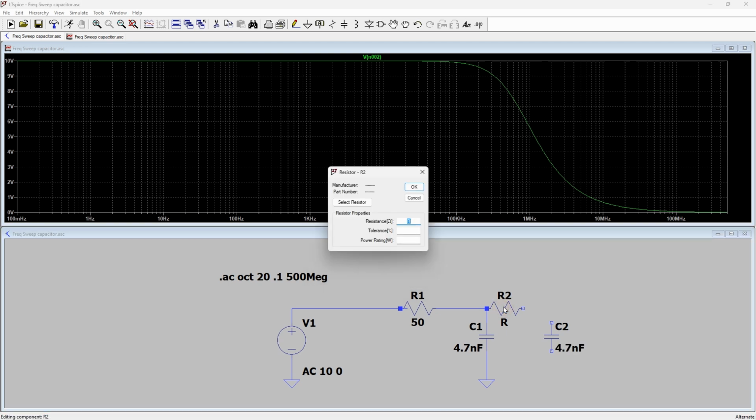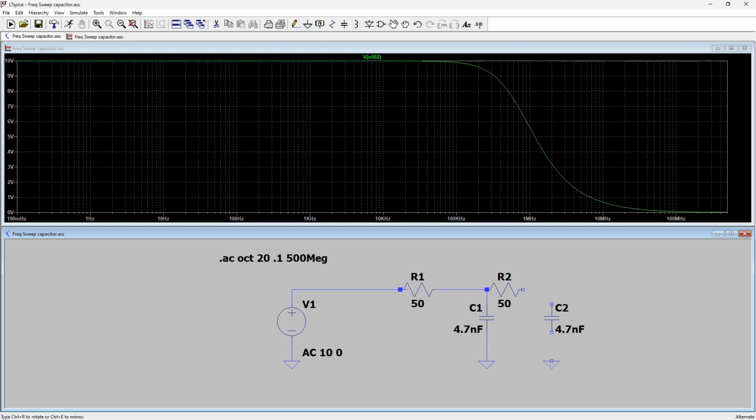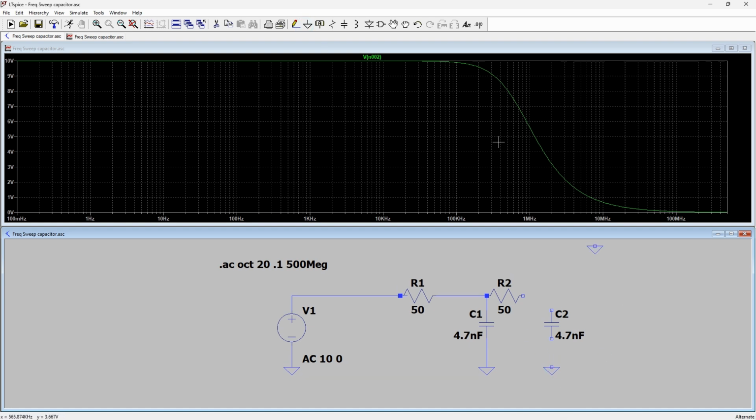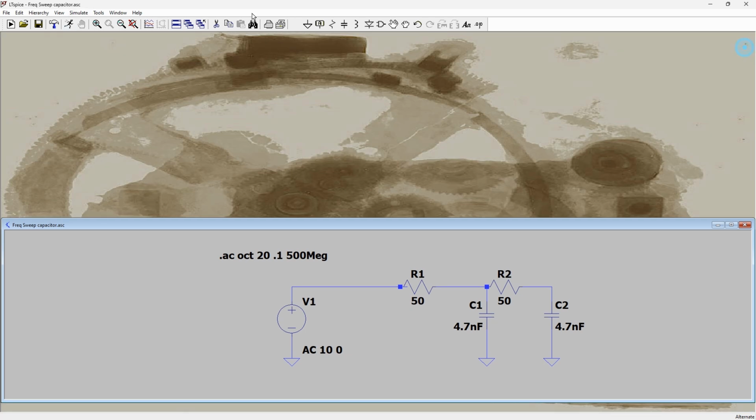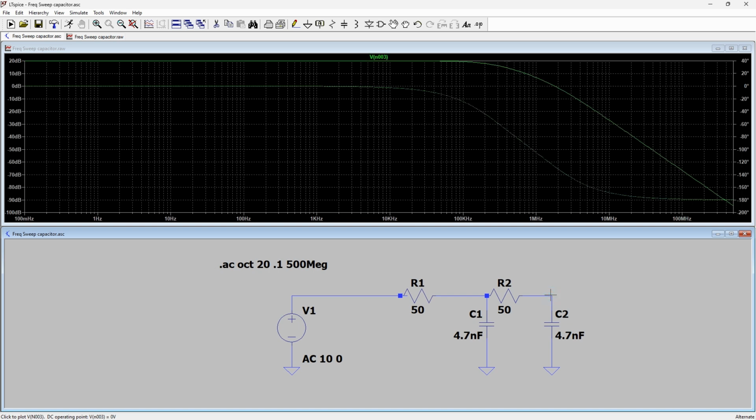Make it 50 ohms. I've got to throw a ground in here. Wire it all up. Now, if I go up here and simulate this anew, come here and look here, we can see that